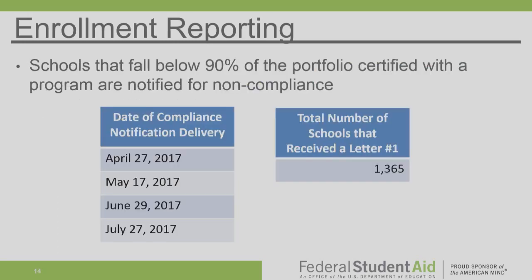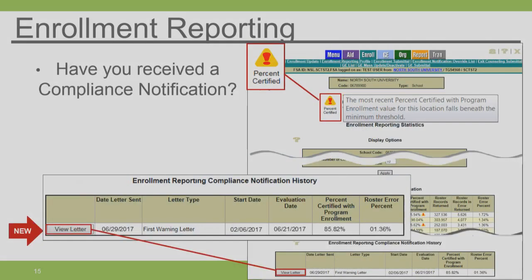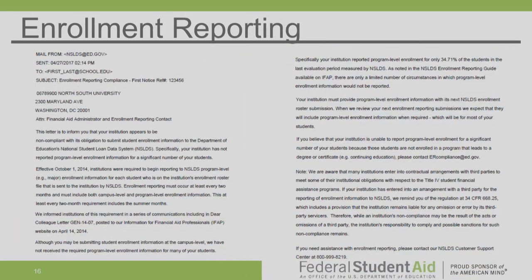What we did to grab the attention of the schools that were not reporting properly is, in April, May, June, and July, we sent out compliance letters to those schools who were not meeting our 90% threshold levels. So we ended up sending 1,365 letters to schools. And you can see if your school had an issue with reporting at the 90% threshold level by looking on NSLDS under the enrollment tab. You're going to be able to see whether or not your school received a letter. And in fact, you can hit view that letter, and you can actually see the letter that we sent to your